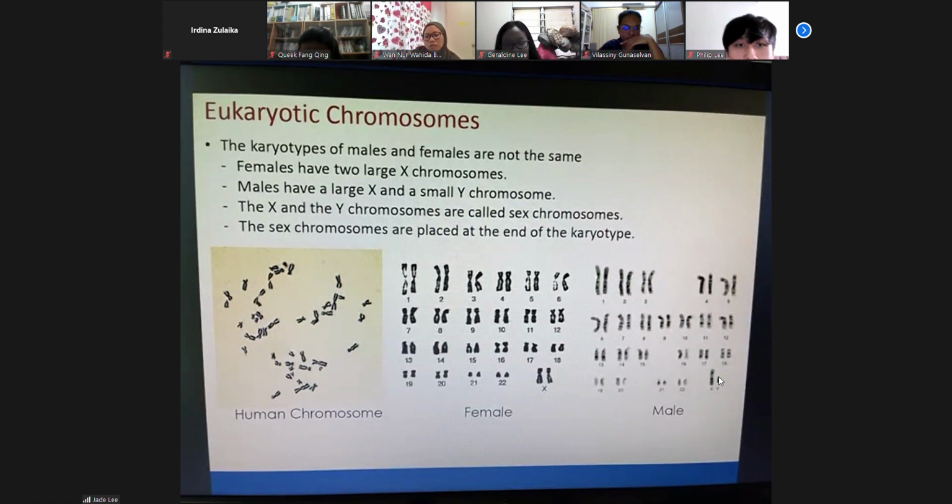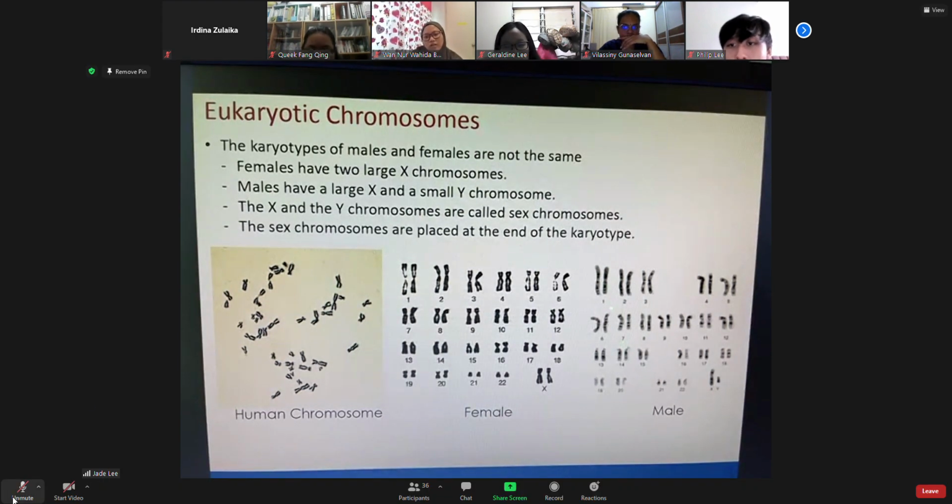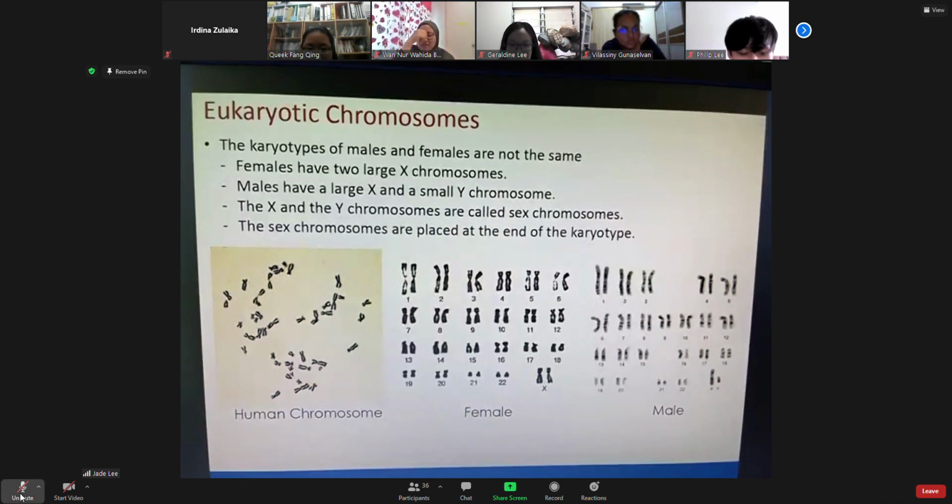You can see each of these chromosomes, the sizes are different, isn't it? Like chromosome number 1 is much bigger than chromosome 16, 17, 18, 19, 20, 21, 22. Betul tak? Yes. Okay, and then if you look at the X chromosome, the X chromosome here and here, compared to the Y, the Y is much smaller than the X. Betul? Yeah. What does it mean? Kenapa ada kromosom yang lebih besar? Kenapa ada kromosom yang lebih kecil?